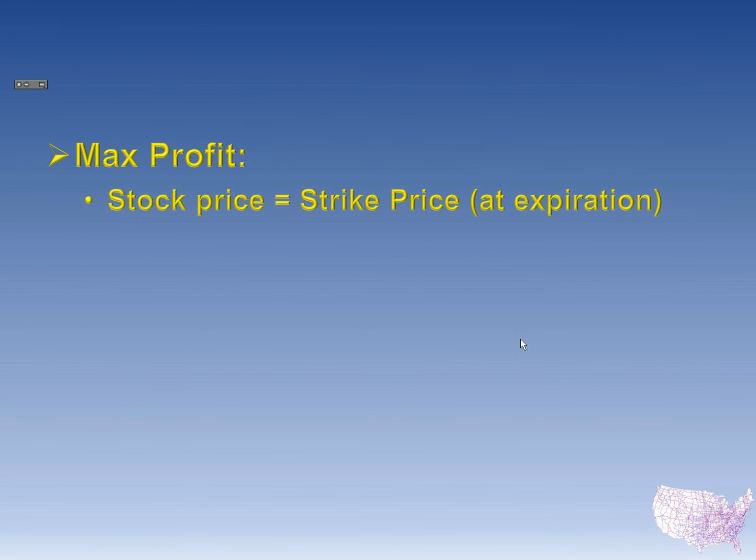So our max profit, we know that our max profit at expiration is going to be when that underlying is trading at the strike price. Now, we don't know exactly what that max profit is. Why? Because we could see this short put expire worthless, and volatility in that long duration option is expanding. So our max profit still is kind of a guessing game in a sense, okay? Because of that long put gaining volatility. It could also lose volatility as well. So we don't know our exact max profit on this.